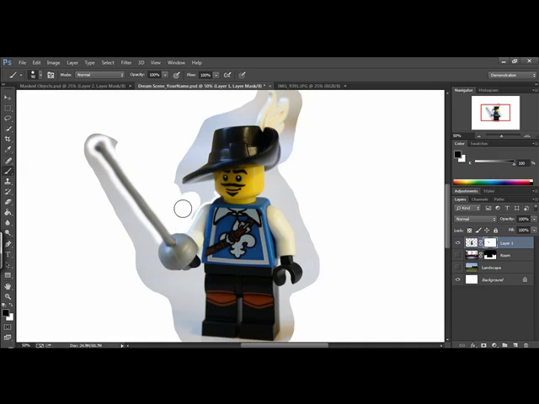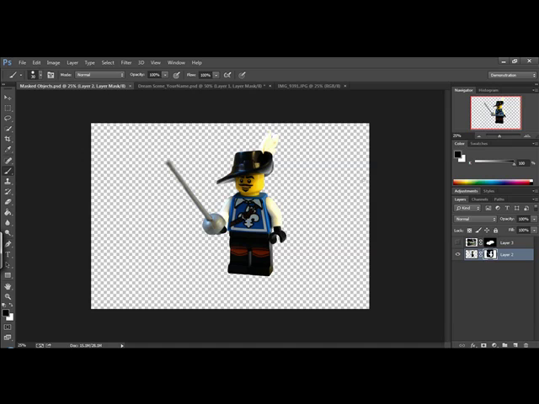If I use a hard brush all the time, I end up with a very sharp edge and it looks like it's been cut out with scissors, and it doesn't blend in with the background as well. You get the same kind of sharp edge if you use other masking tools. So I recommend masking this way because you're able to control the size of your brush and the way it transitions into the background. Now this will take a little while, so I've actually got one I prepared earlier, and